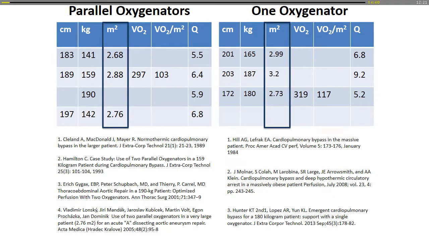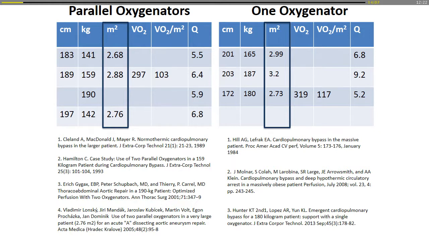So I looked in the literature, and I'm sure all of us that have done adult cardiac surgery have had that big patient that we can talk about. And I'm sure some in the audience have seen these big patients. I looked in the literature, and actually in parallel oxygenators there's only 4 publications where parallel oxygenators were used. On the other side, there are 3 that talk about large patients, and I define large patients as anybody above 2.5